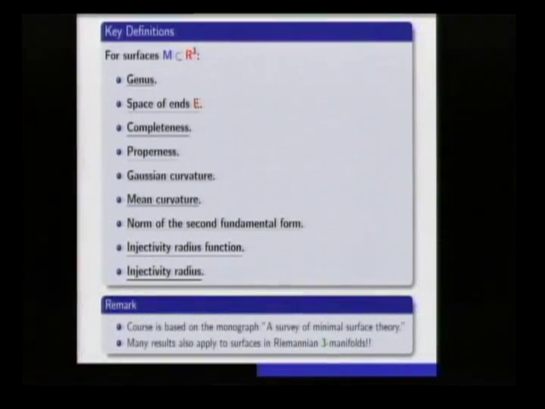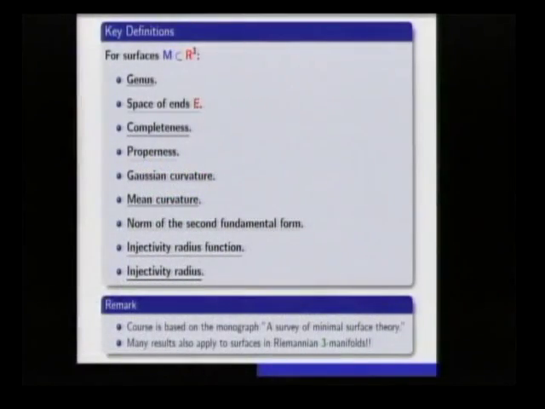Okay, so we have completeness. Hopefully you're familiar with complete Riemannian manifolds, surfaces, complete metric spaces. Properness is a concept closely related to completeness, and I'm going to talk about that quite a bit. A lot of the outstanding questions about minimal surfaces in R3 are, under certain hypotheses, whether they are proper when they're complete. When they're proper, we have many more tools to understand the surfaces. Lots more theorems hold only when you're proper.